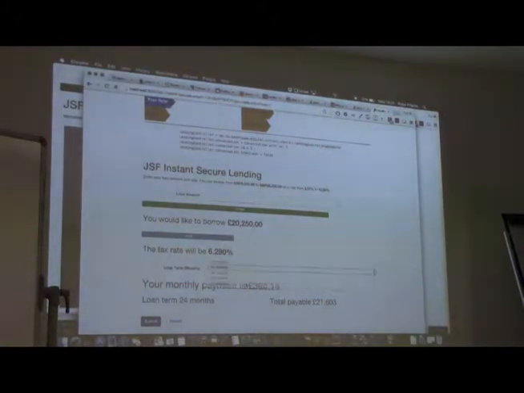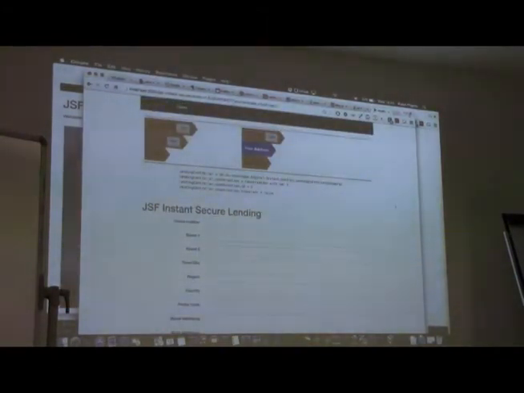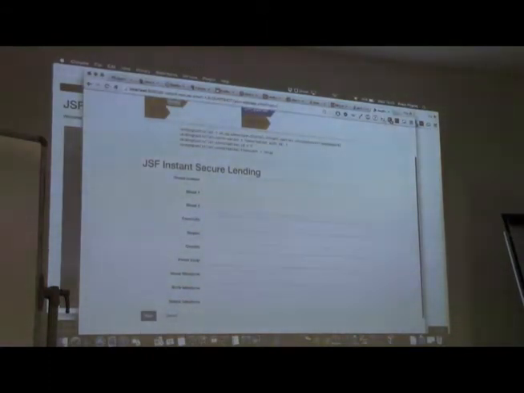I can change the term, and the monthly payment calculation is telling me how much I'm willing to borrow on. So if I hit submit, I will then enter my house number, name and address,